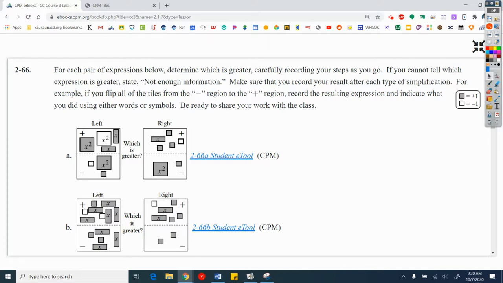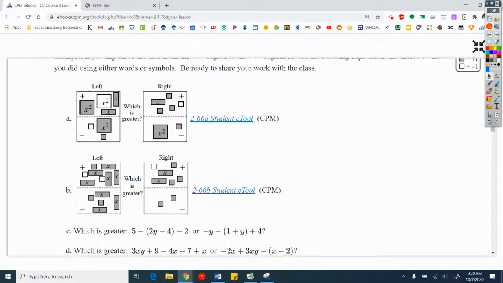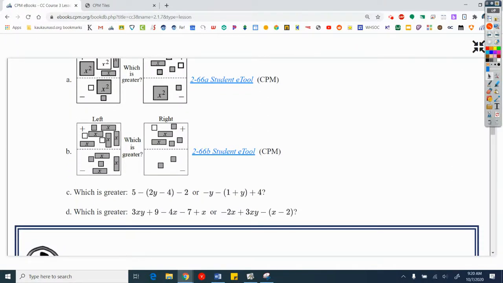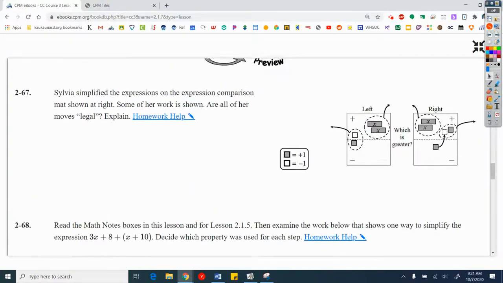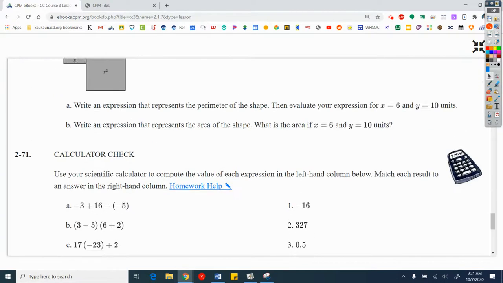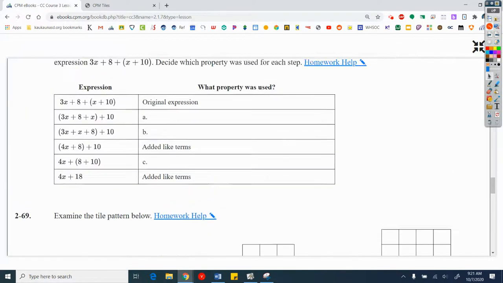All right, so I'm going to add another thing in there. Now, if you're working virtually, let's do this. I want you to do A because you have the E tool. I want you to do B because that's the E tool. C and D are going to be optional. Your homework starts at 266. We're going to go all the way to the end, 271. And I'm going to talk real quickly about